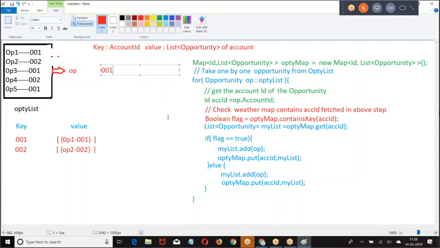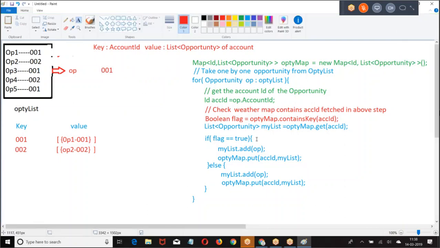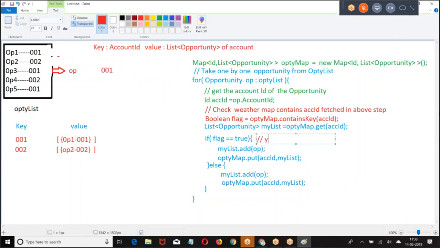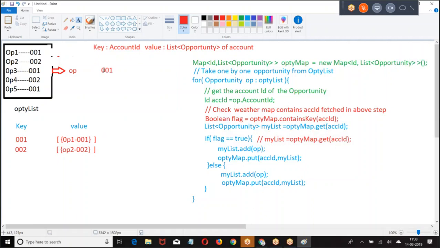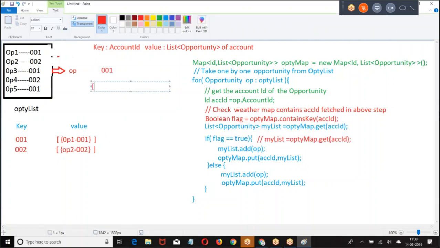Flag equal to true. What I said, I made a small mistake here. What was the mistake? My list equal to optiMap dot get. First, when the key is there, based on 001, get the value. What is the value we received? We received this one. Once you receive it, I said my list dot add opportunity. What is the new opportunity we have?